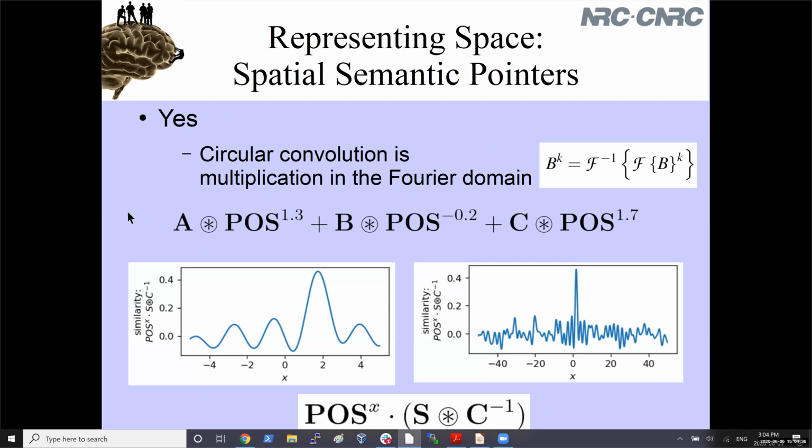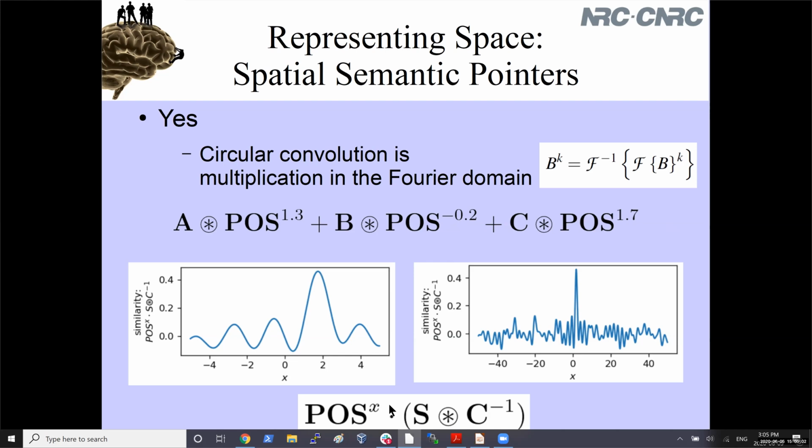So that means you can do things like what I've got written here. I've got an A in position 1.3, I've got a B in position -0.2, and I've got C in position 1.7. I can do that math, I get a new vector, and then once I have that vector, I can take it, combine it with the inverse of C, and that'll give me a vector that tells me what the position is. And the way it tells me what the position is